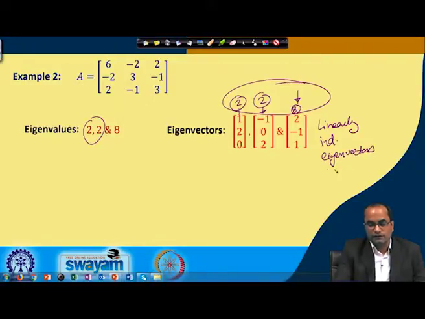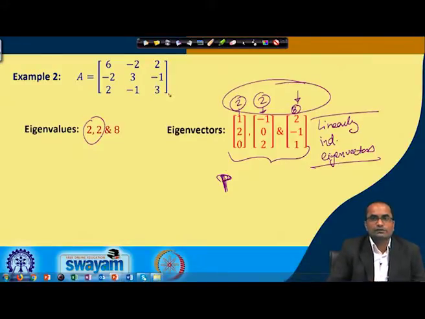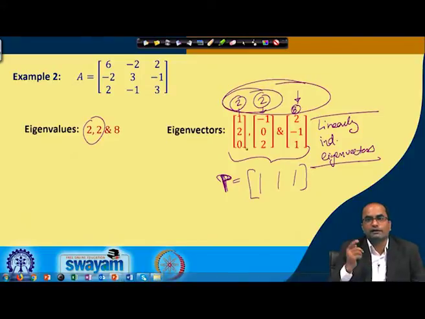and that is the reason we can now diagonalize this matrix, because we need 3 eigenvectors. Remember, it is easy to remember that the model matrix P will be of the same order as A. So, we need these 3 columns to fill the matrix P. If we have 3 linearly independent vectors, we can form this P. Otherwise, for example, corresponding to 2, if it happens that we have only one eigenvector, then we cannot form this